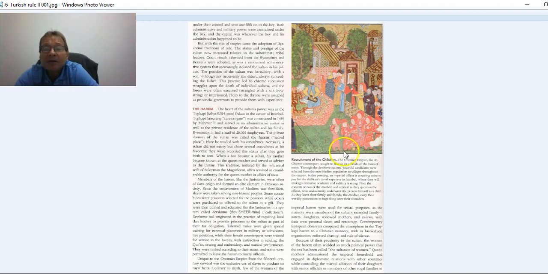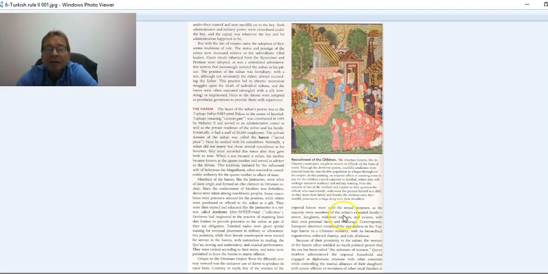The Ottoman Empire, like its Chinese counterpart, sought to recruit officials on the basis of merit that is established by the Devshirme system. This is where these slaves were taken from these conquered areas and educated in this collection. Youthful candidates were selected from the non-Muslim population in villages throughout the empire. And you can see here the kids with their worldly possessions and the parents talking to the priest. This guy went through the same process himself back in his childhood.